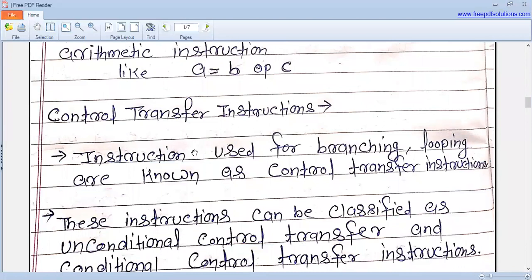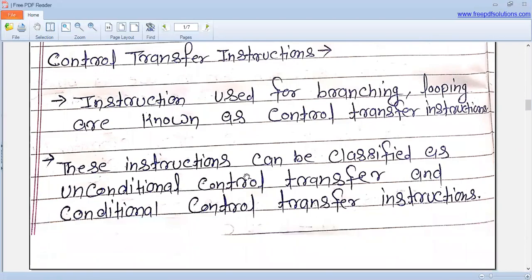Next is control transfer instructions. Instructions used for branching and looping are known as control transfer instructions. These instructions can be classified as unconditional control transfer and conditional control transfer instructions.